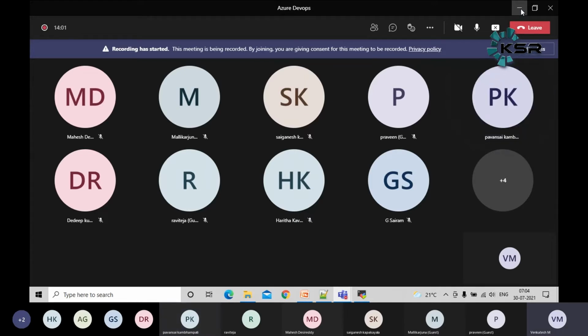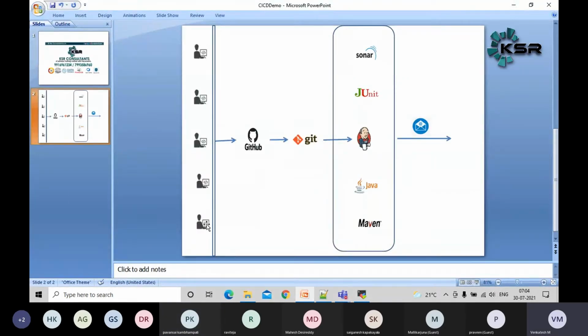Great. As you can see in the slide here, we're going in a step-by-step manner, guys. We are not directly jumping ahead. First, the CI part. First, we have Git. From Git, we are cloning the code. Then whatever we have in this box, we have installed everything in our virtual machine, guys. You can say like a Linux server.